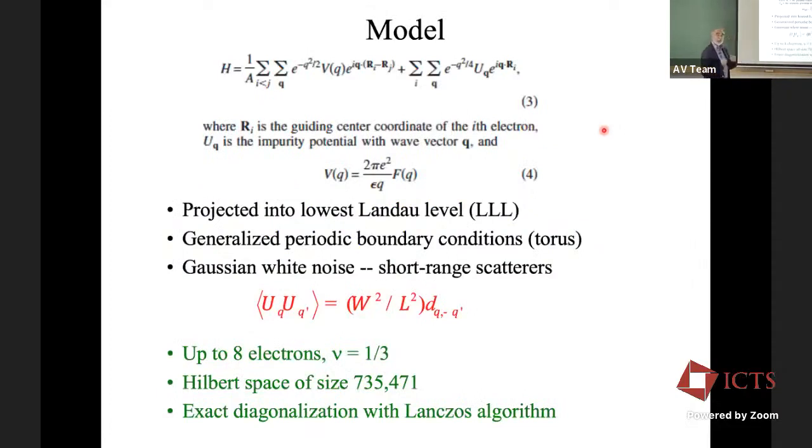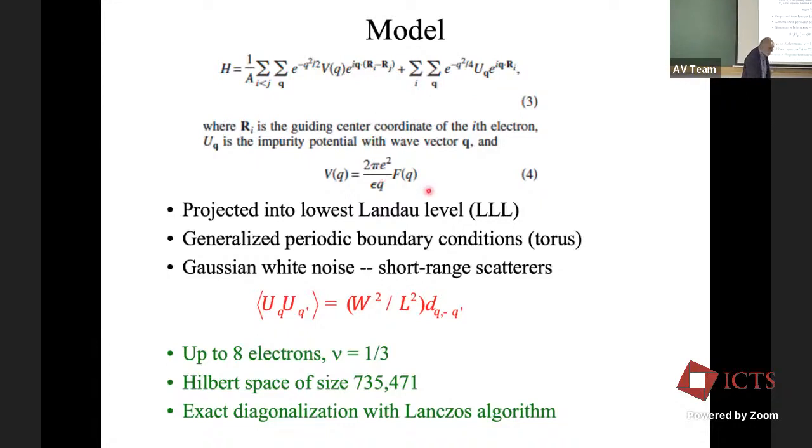And then I will talk about what happens when you disorder such a fractional quantum Hall phase, and how you get it to be an insulator without topological properties. Okay, so the model is basically, since we have projected everything into the lowest Landau level, there's no kinetic energy. There is a random potential, and then there is the Coulomb interaction between the electrons. Oh, sorry, the other way around. This is the random potential here, and that's the Coulomb interaction.